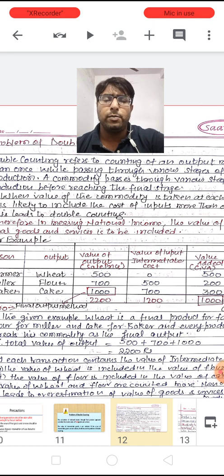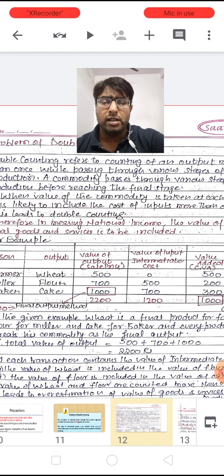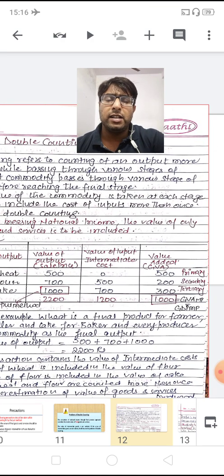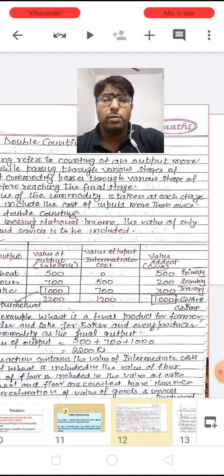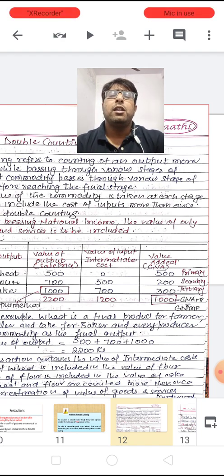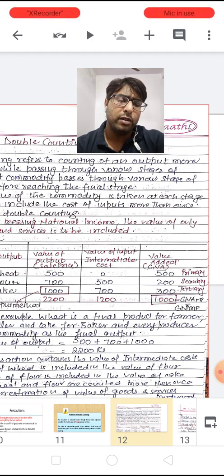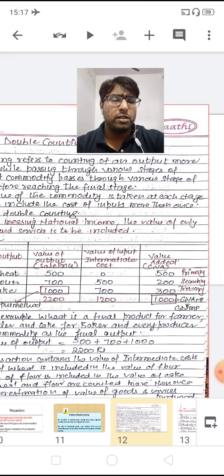Then this 1000 rupees is taken for estimating the national income. So if we take this 1000, it is known as the final output method of taking the value for estimation. Or when we take the right hand side, the summation of value added, that is 1000, known as the GVAMP. This is also a value which has to be taken for estimating the national income. We have to take either this value, or the right hand side value, for estimating the national income.